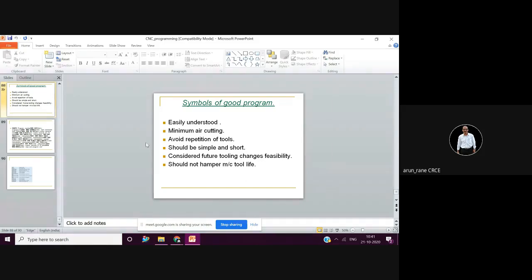So you have to see that machine tool life is not in danger. Any CNC machine, usually machine tool manufacturers say, should give a life of 10 years comfortably. The machine hour cost is also calculated based on returns.